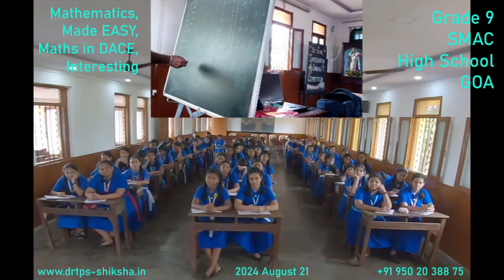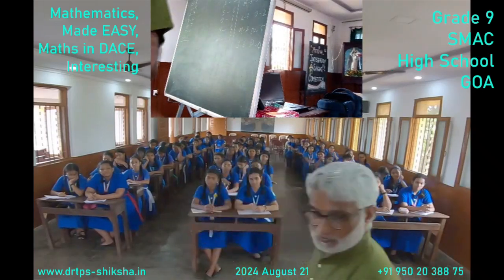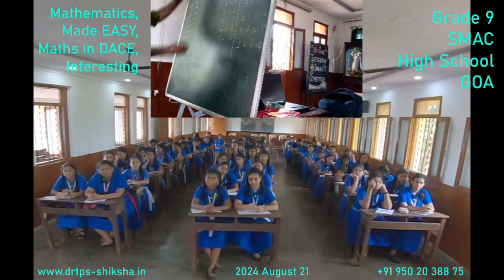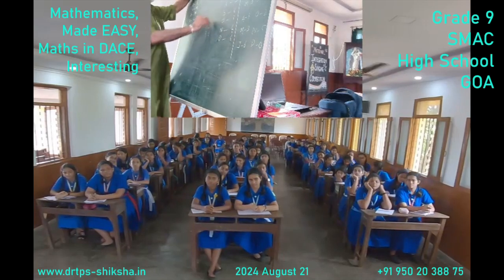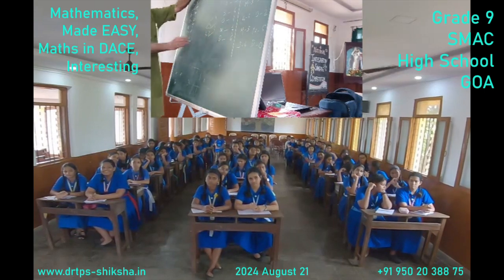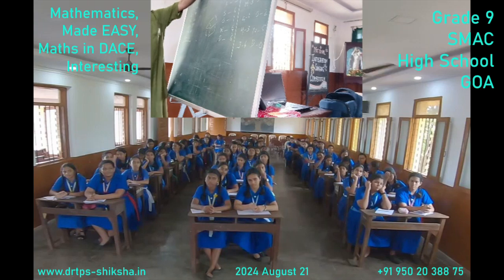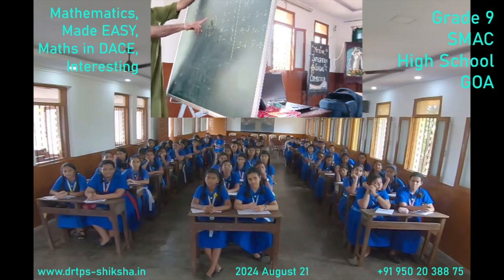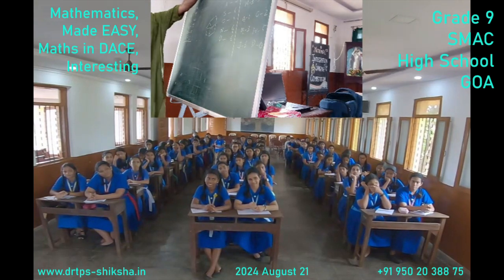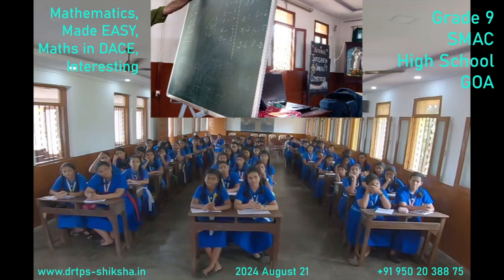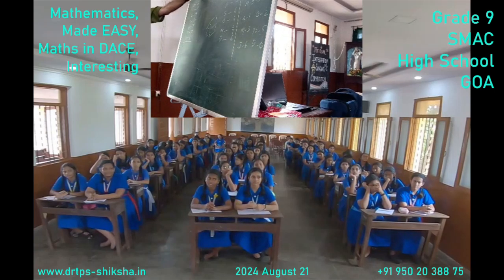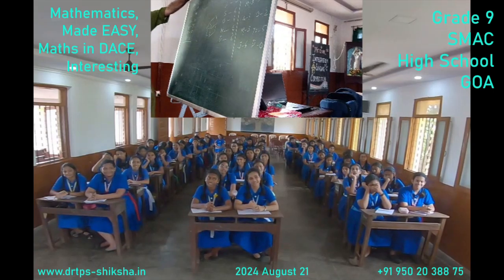When you draw a picture, assume that there is a building. Now you are standing here, you want to draw this building. You cannot measure this, but you can measure it indirectly. That's what is called trigonometry. You will learn it next year. Yesterday I was doing it for 10th class. You will not meet me next year, so learn today.